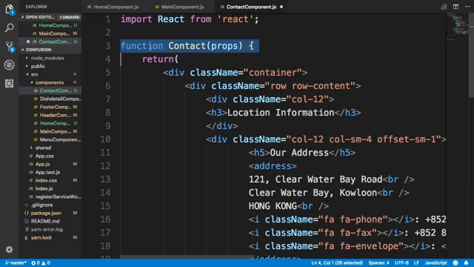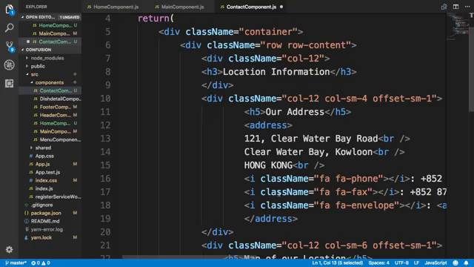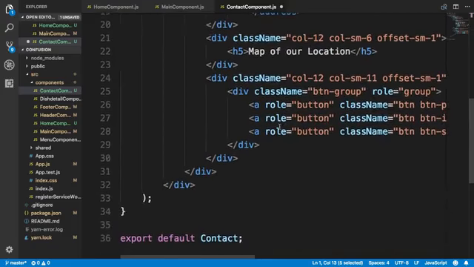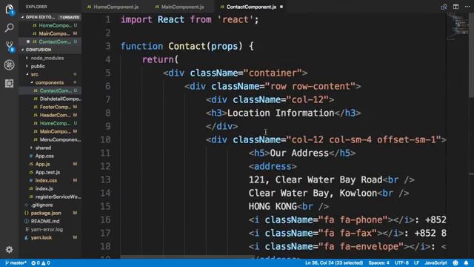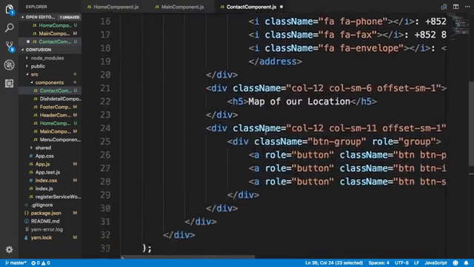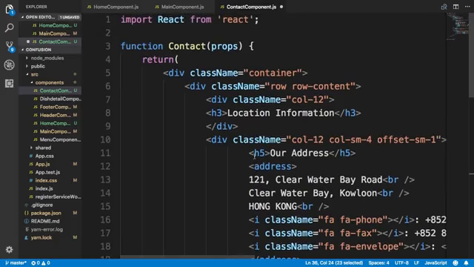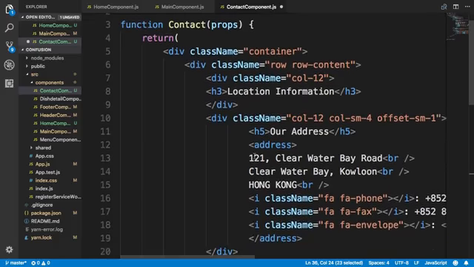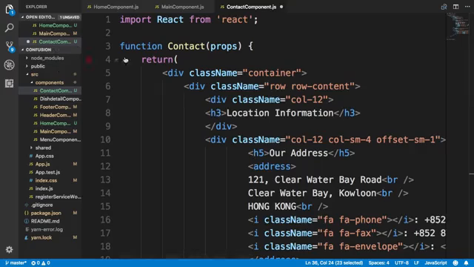As we see, we are implementing it as a functional component here, and then we are importing React. And then inside here, I am defining some information to be shown in the contact component, and then I'm exporting the contact component here. Now, when you look at this view, you will begin to see how this view is developed. In the Bootstrap course, we have done this already, so this should look familiar to you if you have done the Bootstrap course. It is exactly the same contact component that we are recreating in React JS here. So after adding in the contact component, let's go ahead and integrate that into our